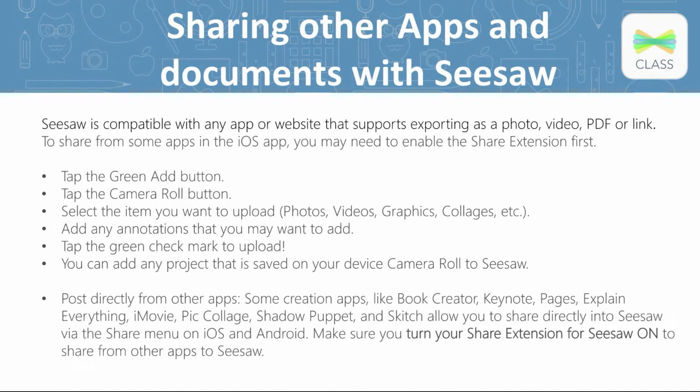Often though, you need to share other apps and documents with SeeSaw. Now you need to do it in this way. If you're going to be posting directly from other apps, you will need to share your extension for SeeSaw on. Otherwise you will just tap the green add button, tap the camera roll button, select any item that you want to load, whether it's your photos, videos, graphics, collages. Add any notes that you may want to add, tap the green check mark again to upload them, and basically you can add any project that's saved on your device